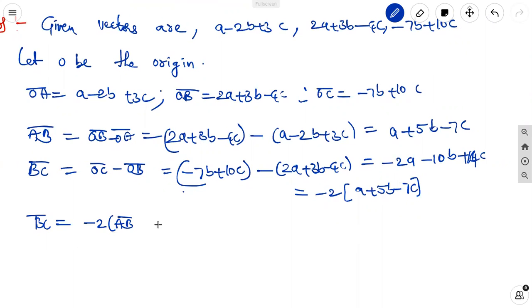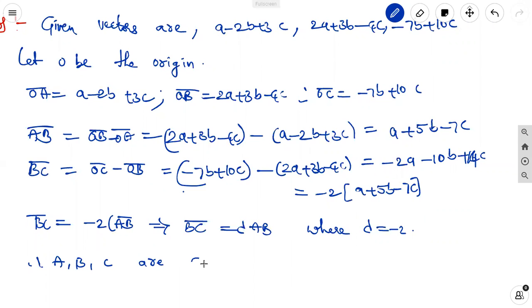That is, BC is equal to lambda AB, where lambda is equal to minus 2. So we can say that A, B, C are collinear points. This is the proof, the solution of the